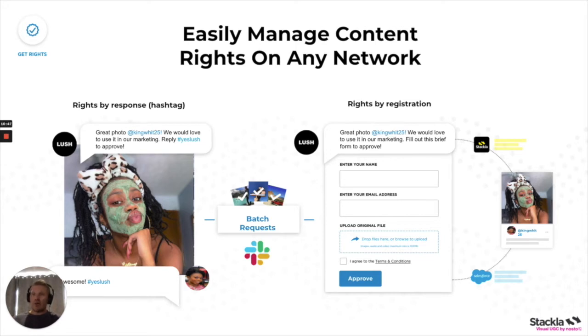We do, however, offer a second option, which is really unique to us, and we're starting to see a lot of customers take up this more advanced version of rights management. And in this workflow, instead of just asking for a simple hashtag, we actually provide a custom URL that you will give to the content creator. And when they click on that URL, it allows them to fill out additional data about themselves, maybe an email address, etc. And it allows them to upload the original file. So you may get a high resolution image, or you may get the full length video, for example, that they've